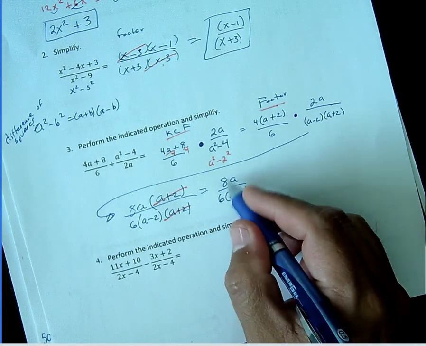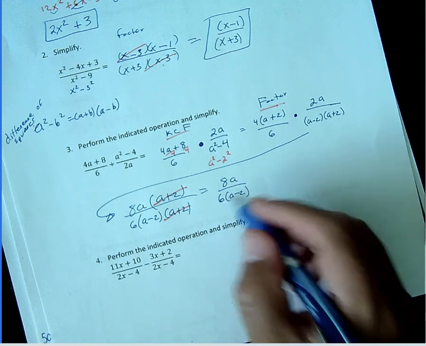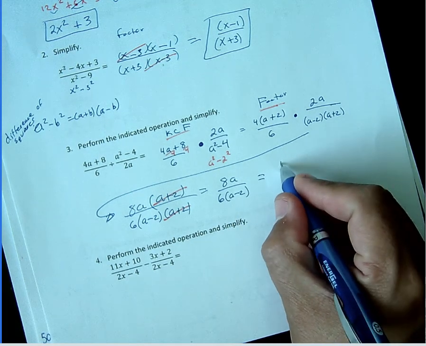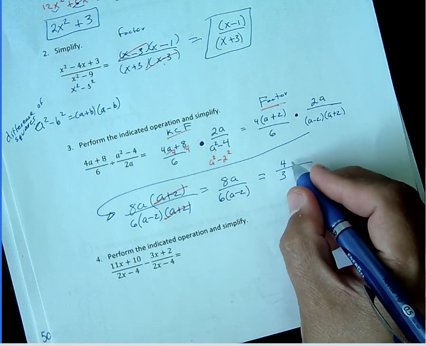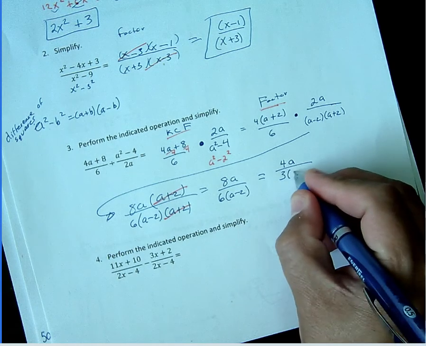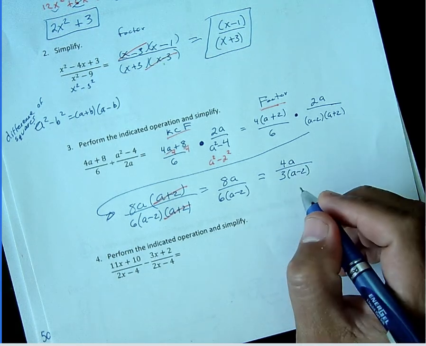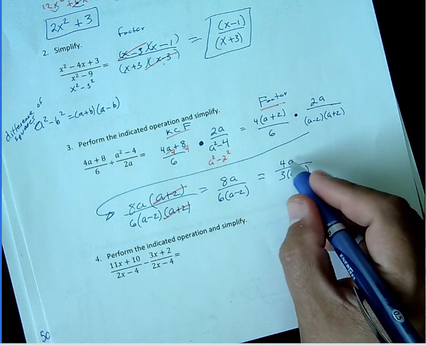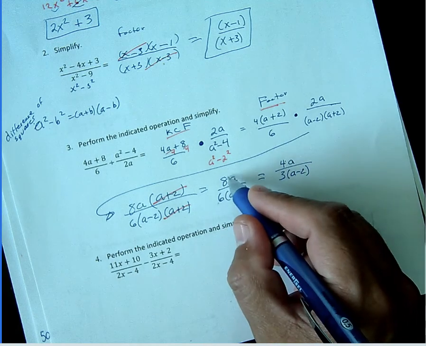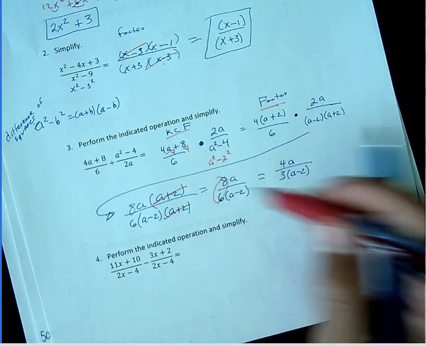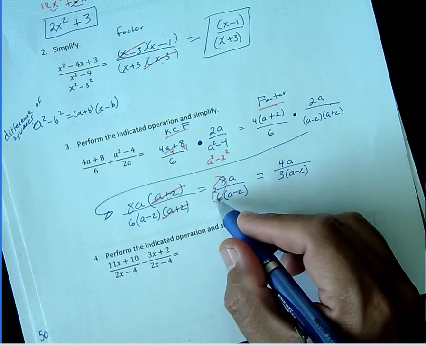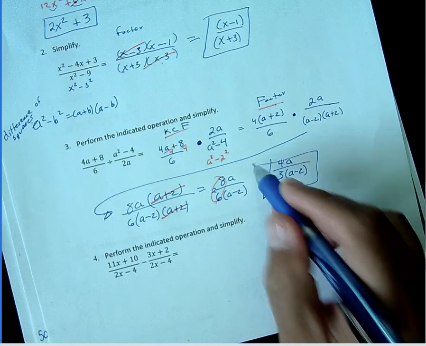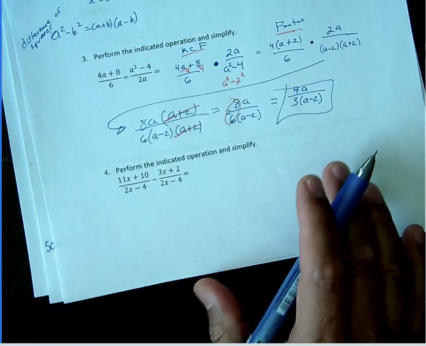So you can reduce this 8 over 6 to 4 over 3. You can use a calculator to reduce that. It does it for you, and then that one just stays. It's just these two that change, because they can be simplified. They can be divided by 2. 8 divided by 2 is 4. 6 divided by 2 is 3. That would be the answer for that one. Okay,